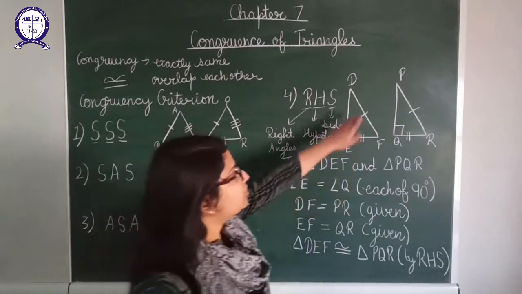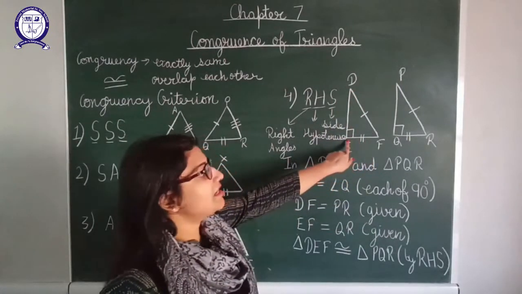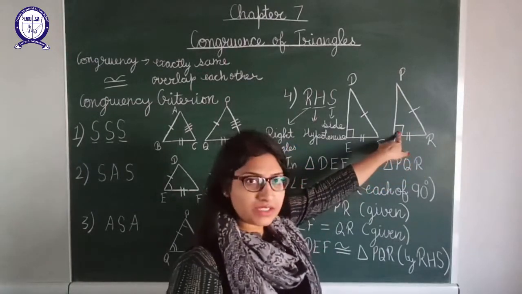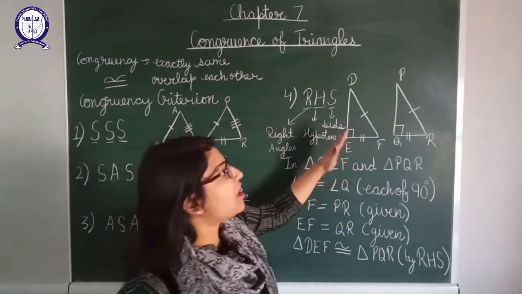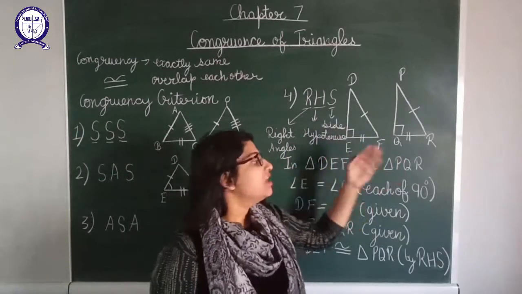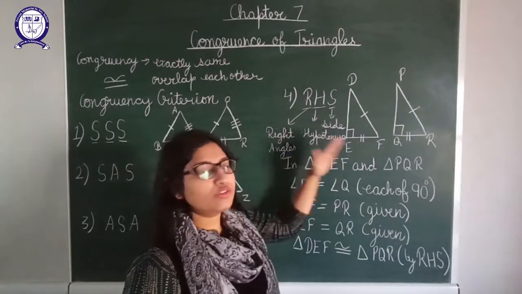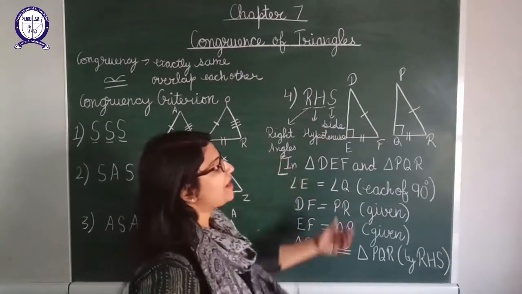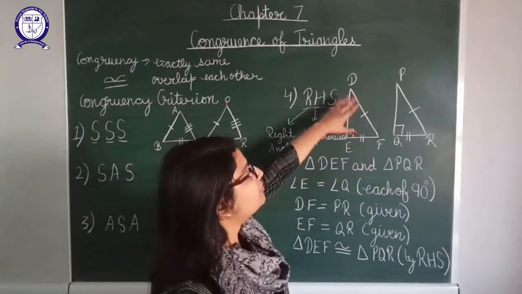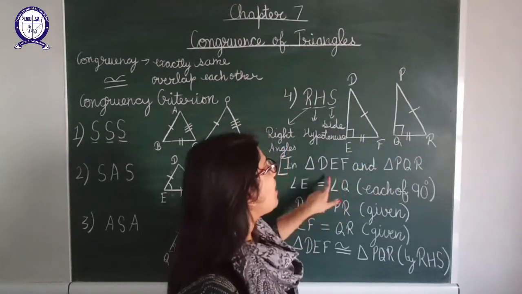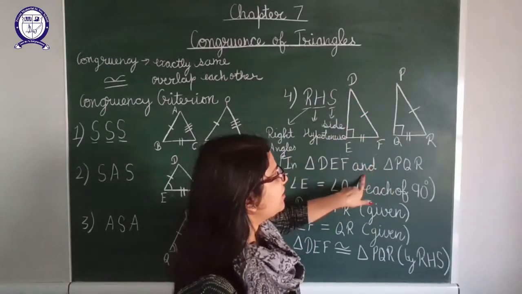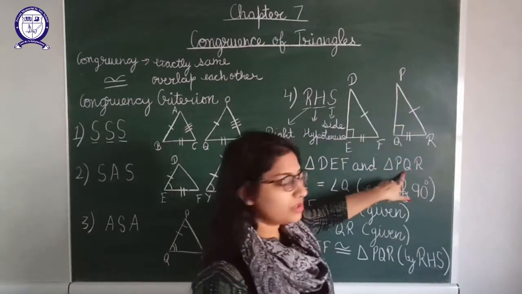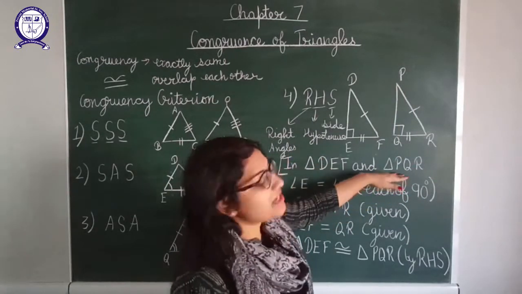Now these two triangles are given to us, DEF, and angle E is of 90 degrees. PQR, and here angle Q is of 90 degrees, right? So as I have told you about how to show congruency, these are the steps you should write down to show any two triangles as congruent. Okay. So first you should write down which two triangles you are talking about. Here I will prove these two triangles congruent. So I am talking about triangle DEF, and this is the triangle symbol. You know about this, right? Triangle PQR. Okay. These are the two triangles I am talking about.